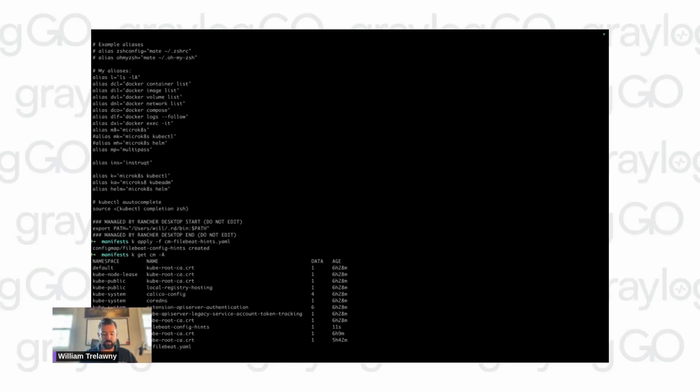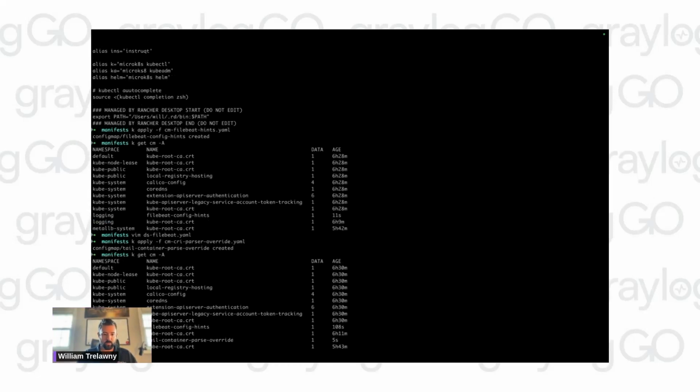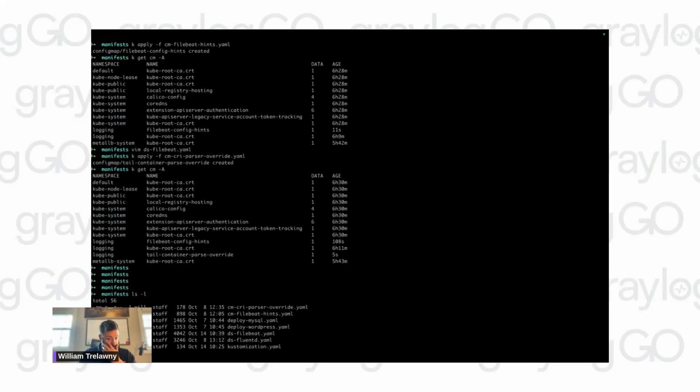So I'm going to do the same thing for the config map for Fluentd. And what did I? Oh, that's right, CRI parser. There we go. Okay. And they are both in the logging section. So now let us